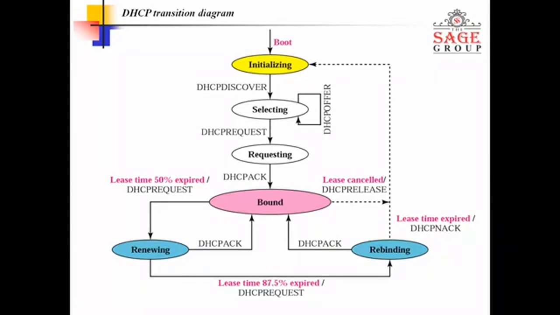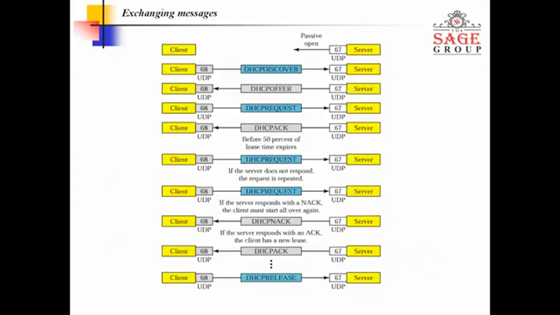This is a state transition diagram of DHCP. Now we see this diagram in the form of a client-server architecture process. Firstly, the boot process is done at the server. The port numbers are 67 at the server end and 68 at the client end. These are the port addresses where DHCP works. UDP is the protocol which helps to send that message. It is a transport layer protocol.